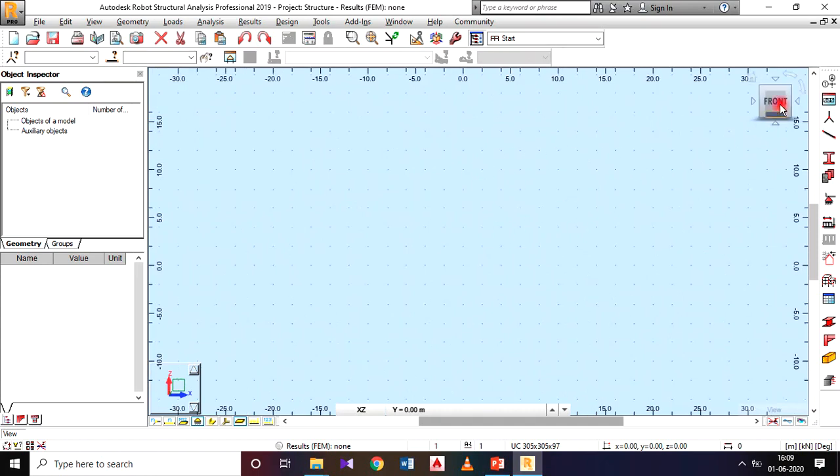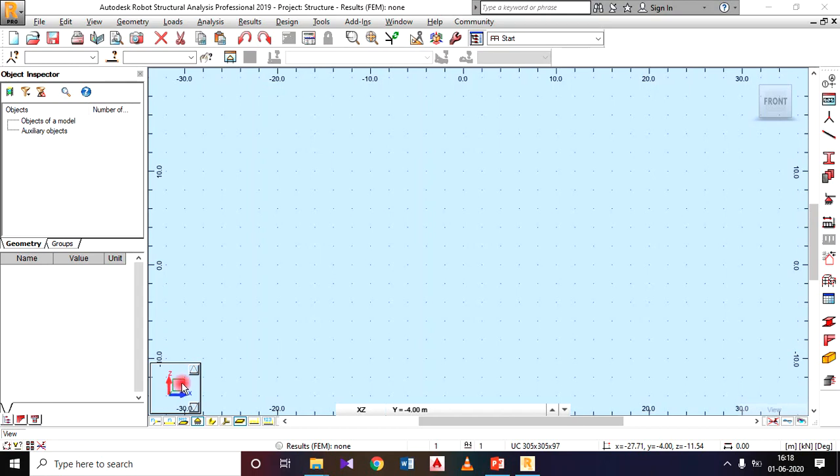Then we're having another option. This we call it as view cube. This is used to change the view of our project. If it is a three-dimensional view, we can see it in a front view, a top view, or in any direction we can see it. We can use this option. By default, it is in the front. Don't change this option. Then this we call it as view manager. So here we are having x-axis in the horizontal, z-axis in the vertical, and y-axis is perpendicular to the screen.